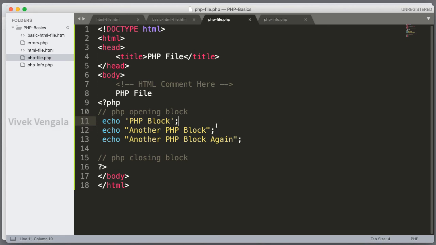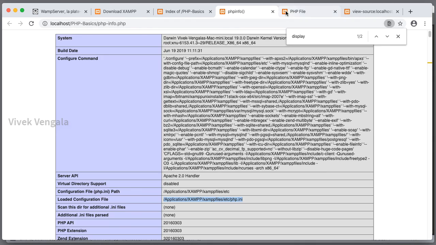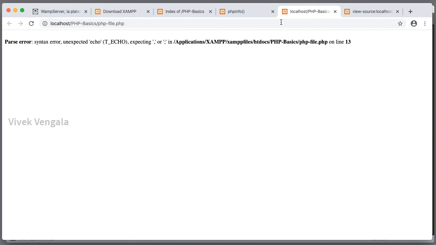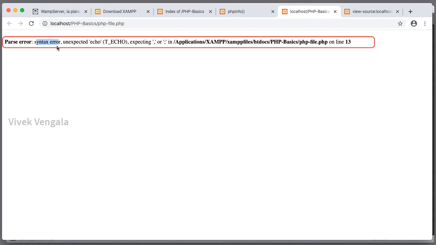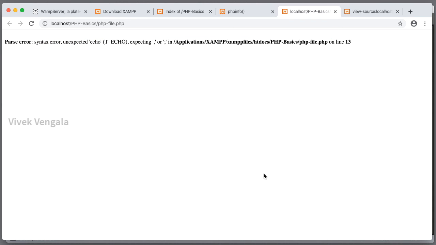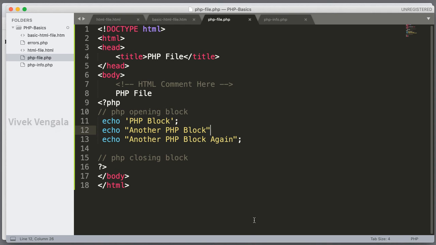Just simply remove any of these semicolons except the last semicolon. If you remove anything, it will work out. If I reload this page, parse error, syntax error, unexpected echo on line number 13.